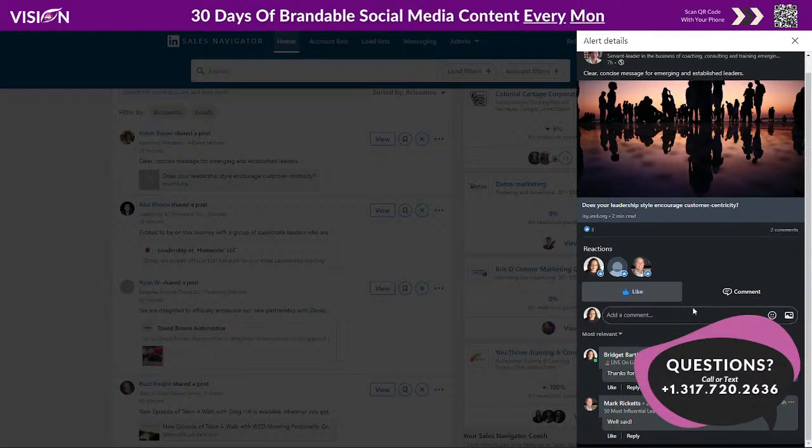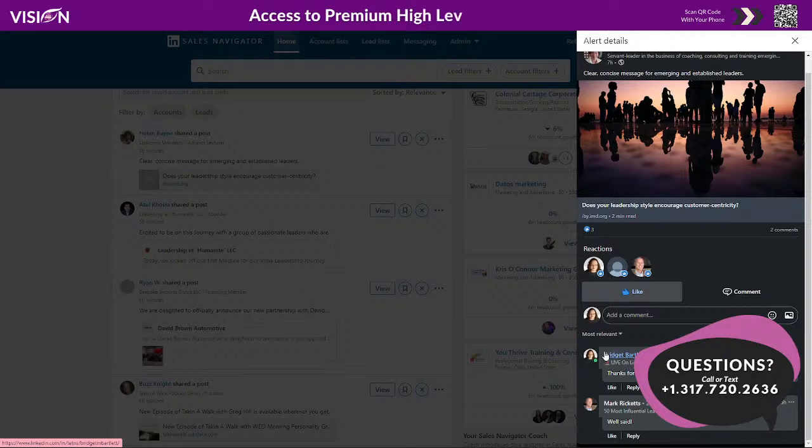So I comment here. Okay. So what Helen can see is that not only did I like her post, and you can see only 3 people like it. So she's going to get notified that I liked her post and I also commented. Okay. Now, the cool thing and what I was telling you about this, why this headline is so important in